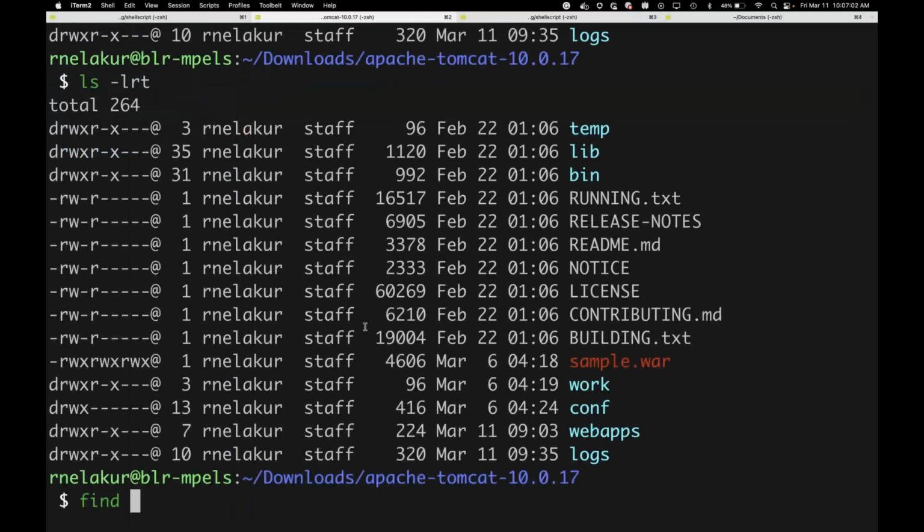Find is a command to find any file names or any files inside our file system, wherever they are. And if your user has permissions to look overall,